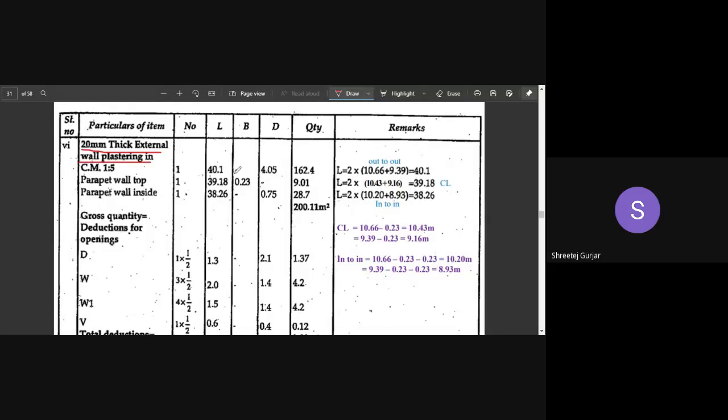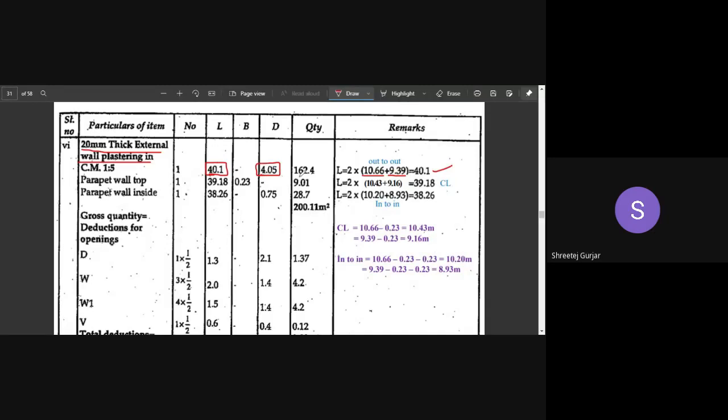The first thing is your out distance. We have to calculate the plastering required for your walls on the outside. The out distance we have calculated as 10.66, the length of the long wall, or the length of your plot which you have constructed, and then the out distance of the breadth of your walls. This is the length, and then you have to consider the height.